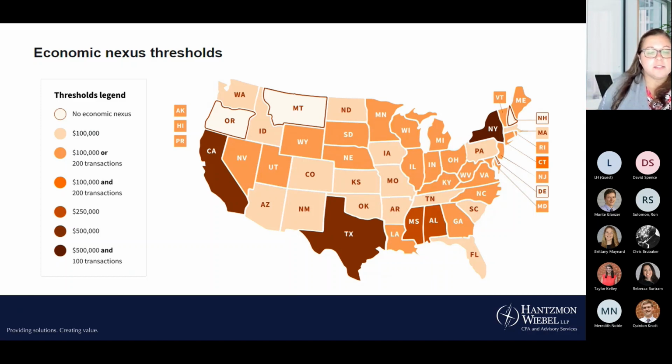But with Wayfair, some of these other states are starting to enact their own gross receipts taxes. Some of these states are Ohio and Washington, and they've decided to throw their dart in the board, and they have come up with their own tax. So I think in the future we're going to see more and more states coming up with these types of gross receipts taxes that are going to trigger many filing requirements. So states are regularly enacting changes related to nexus and various types of taxes. As taxpayers' businesses become active in other states, it's so very important to discuss potential income tax exposure, which is a great segue to my next slide, which is